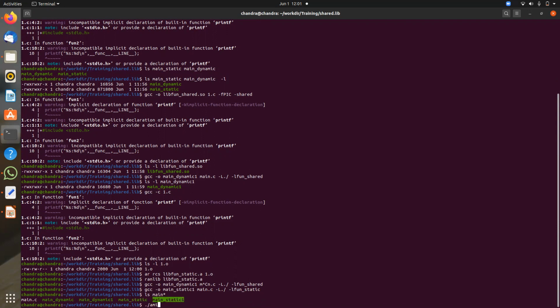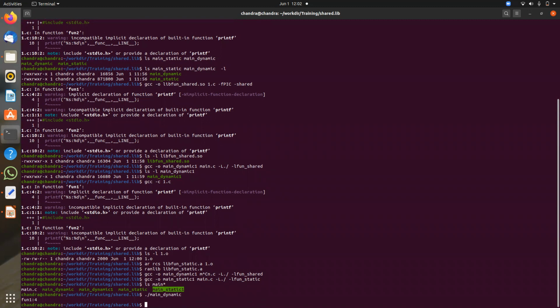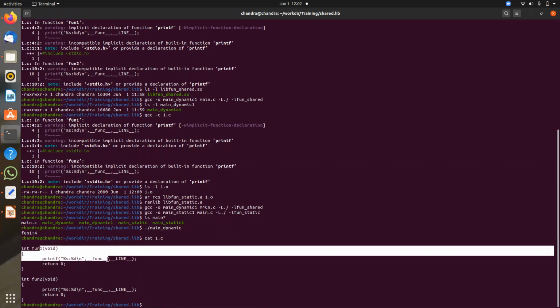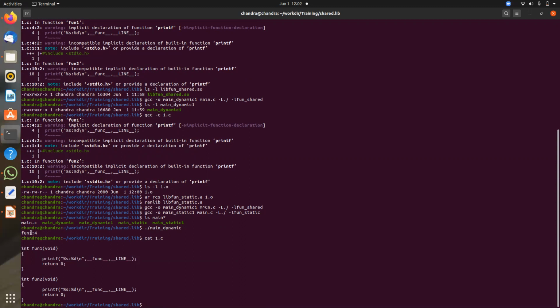Let's run all of these. If I run main_dynamic, it prints fun1. You have seen the printf in fun1, which prints the function name with a line number.